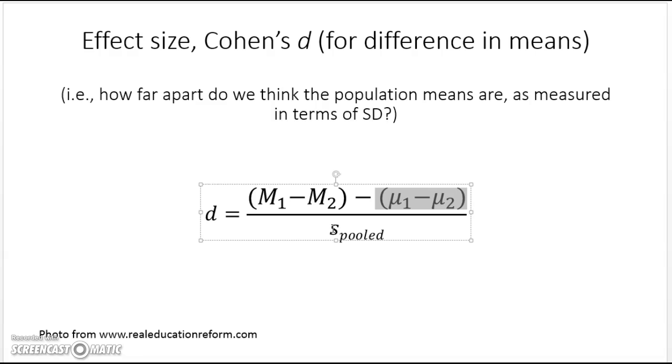And then the standard deviation, but we have an issue here because we have two different populations. So we divide by a pooled standard deviation. If we can reasonably assume that the variances are the same in the two populations, then we can just combine them into this pooled standard deviation and get the difference between the two sample means in terms of that. So if these sample means are very far apart, that's going to create a higher d, right? A higher effect size. If the sample for the females and the sample for the males are quite far apart, we're going to have a higher effect size. Or if we have a low standard deviation, that's also going to create a higher effect size because it means whatever effect we saw was worth